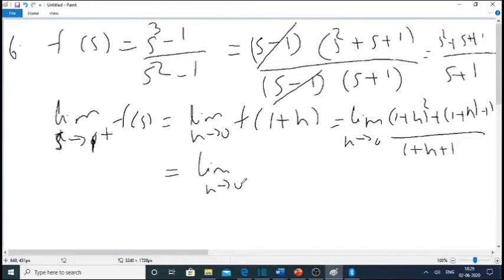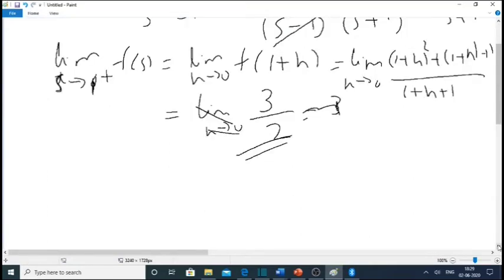Value substitute ചെയ്ത് കഴിയുമ്പോൾ ന്യൂമറേറ്ററിൽ 0 കൊടുത്ത് കഴിയുമ്പോൾ 1 ഹോൾ സ്ക്വയർ 1 പ്ലസ് 1 പ്ലസ് 1 3 വരും. ഡിനോമിനേറ്ററിൽ 1 പ്ലസ് 0 പ്ലസ് 1 which is equal to 2, which is limit h tends to 0 കൊടുത്ത് കഴിയുമ്പോൾ equal to 3 by 2. ഇനി limit s